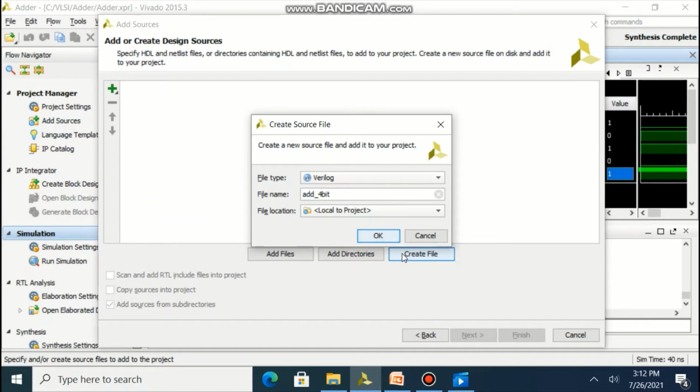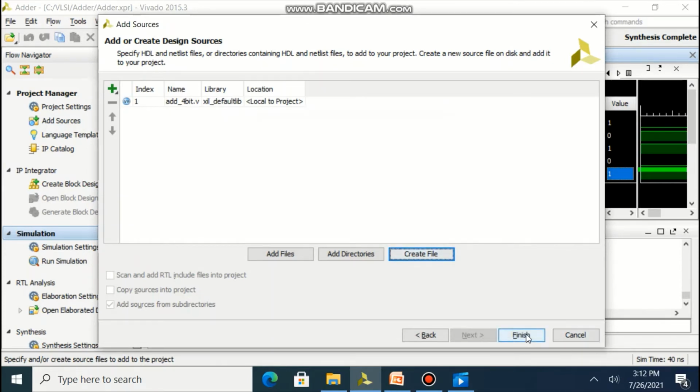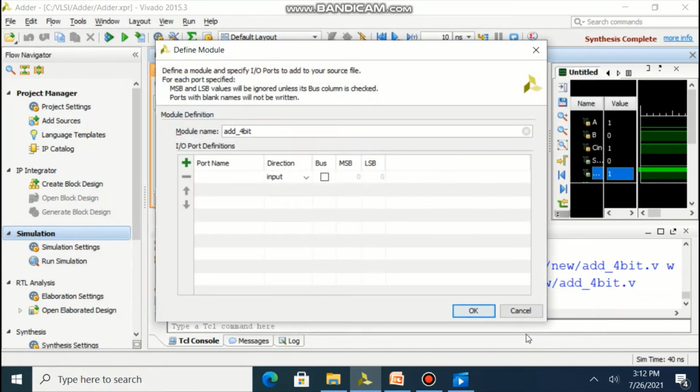Name is given as add underscore 4-bit for 4-bit RCA. As per our requirement, A, B are declared as input, bus is checked and they are initialized as 3 to 0. So it will be 4-bit. C0 is carry input. S is output which is also of 4-bit. C4 is carry output as per our diagram. We'll click OK, so this module will be created.